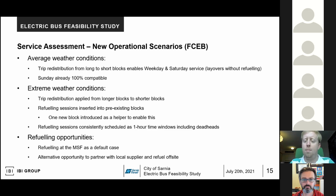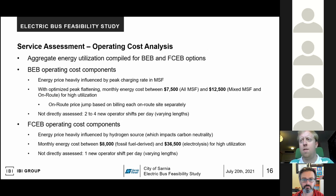And the refueling opportunities for fuel cell electric buses that we looked at were either at the MSF as the default case, or there was the alternative option to have sort of an innovative relationship with a partner hydrogen refueling supplier, where the buses might be able to go and refuel offsite. Now, the reason why they might consider that will become evident in just a minute when we get to the